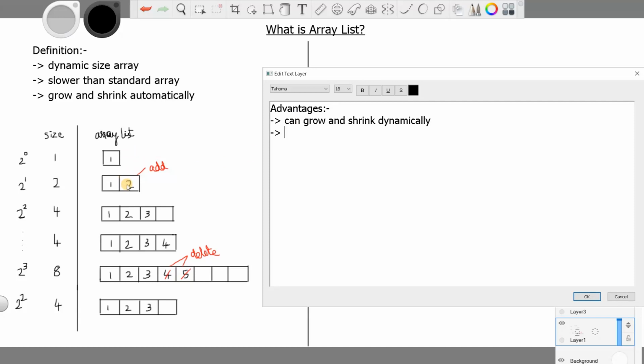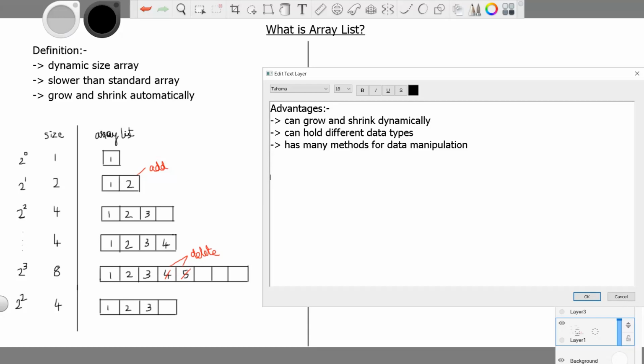Currently I am just using the normal data type, that is integer, but it can hold different data types like string, floating point and integers all in a single variable. And the third one is it has many methods for data manipulation. So these are some of the advantages of the array list.